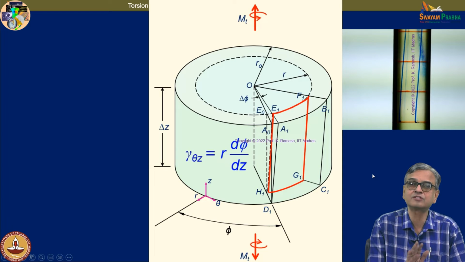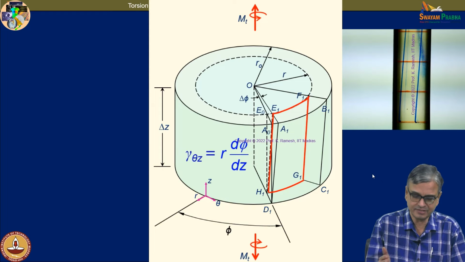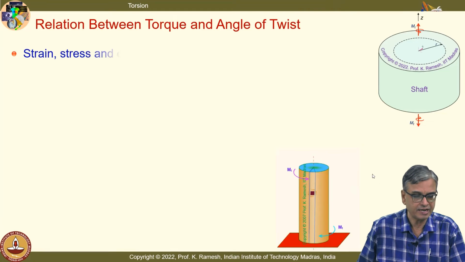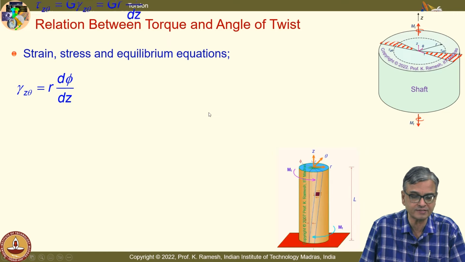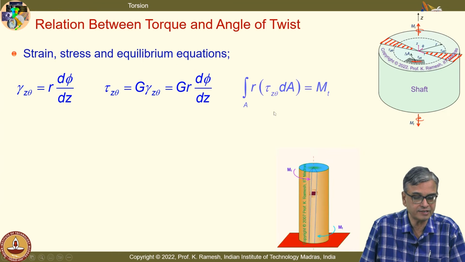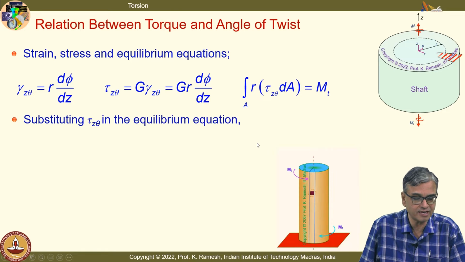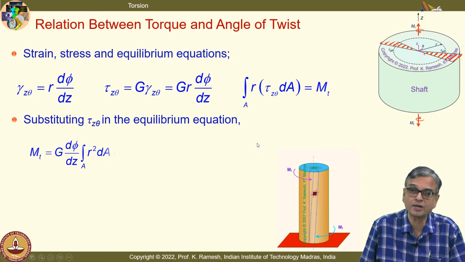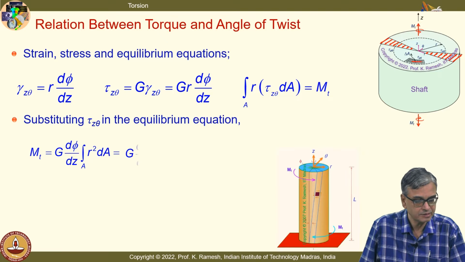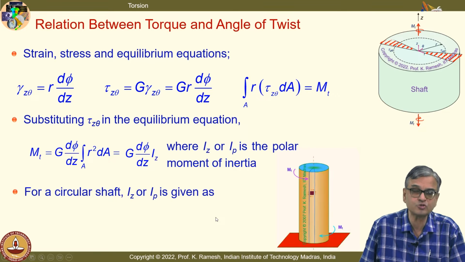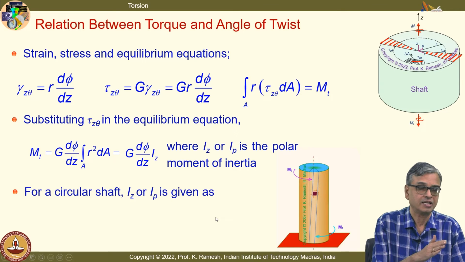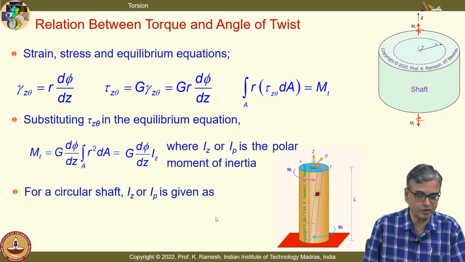So, we have used this to develop the stresses, okay, and strain, stress and equilibrium equations, and in the process we have also looked at a quantity like this, which when I substitute I get as r squared dA, that is your polar moment of inertia, and we develop it for a circular shaft. We also extend the same ideas to a hollow shaft. The same ideas are equally applicable for a hollow shaft,